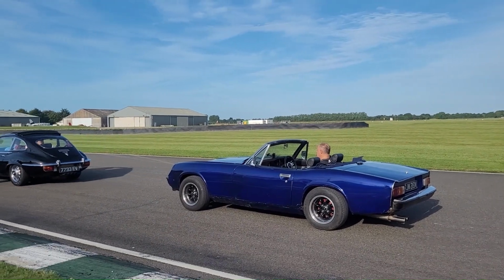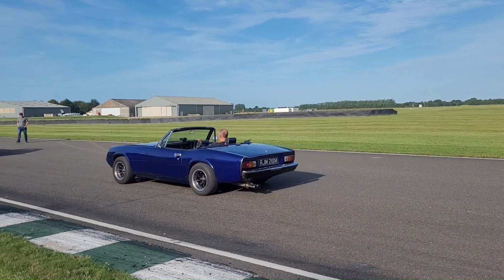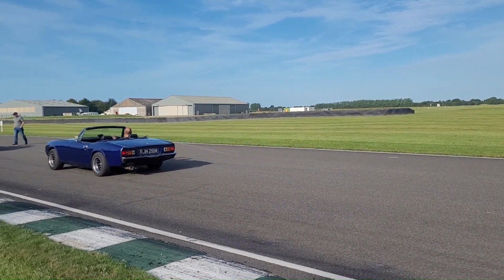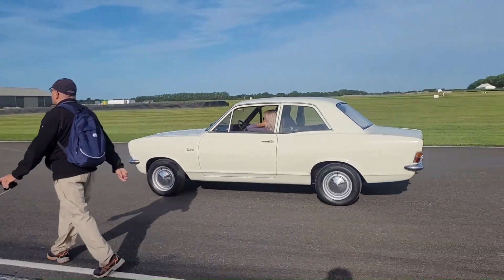So there's the Jensen Healey again. There were quite a few of these in the show. I've never really seen them before. Quite distinctive headlights. Yeah, panning round the Vauxhall Viva,